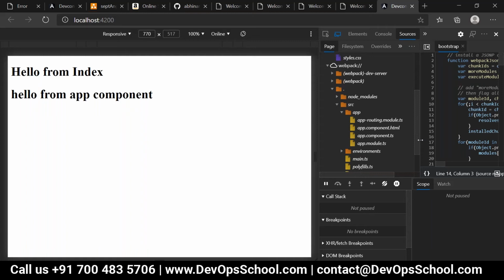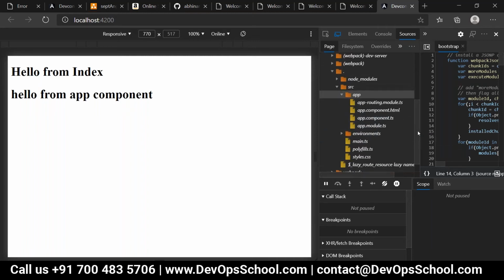Did you get my point or not? Inside this app folder, than the app module you are asking? Yes. In short, how many modules are we able to see over here? Only one module? Only app. Yeah, only the app module.